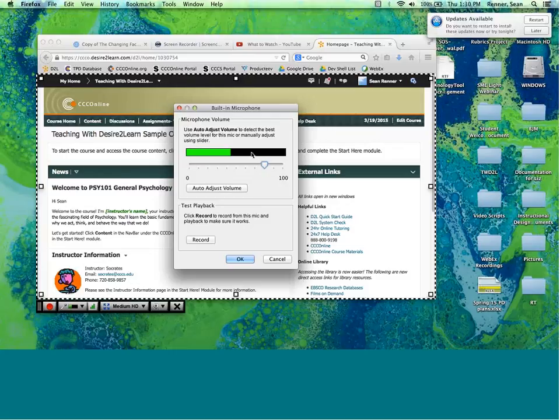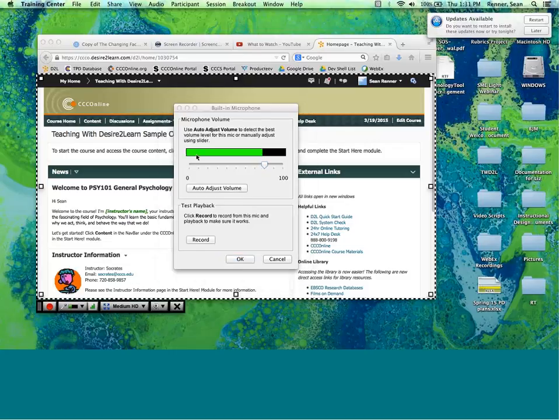So what you're trying to avoid here is, one, you're trying to avoid the audio levels being too quiet, like down here at the very bottom, because what that does is that adds a whole lot of extra noise to your recording. You're also trying to avoid the audio going all the way to the top here. What's going to happen there is if that audio hits that top of that meter, it's going to distort or clip, and it's going to sound garbled or crunchy.